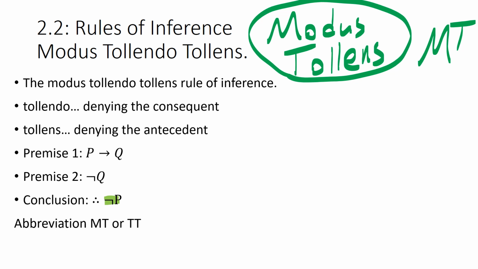We can abbreviate this either as MT or TT. The textbook uses TT for tollendo tollens. We will not. In these videos, we'll just use the standard convention of MT. But also note that when considering the major premise, if P then Q, it is a hypothetical, it is a conditional. Note that the consequent Q is necessary